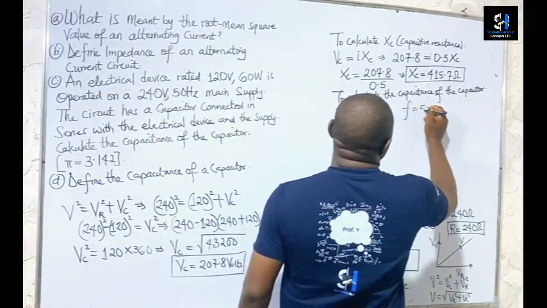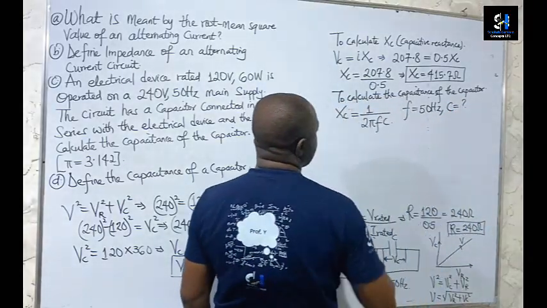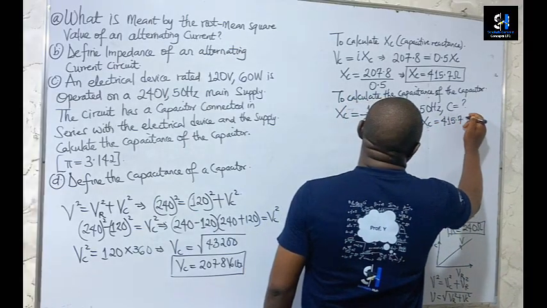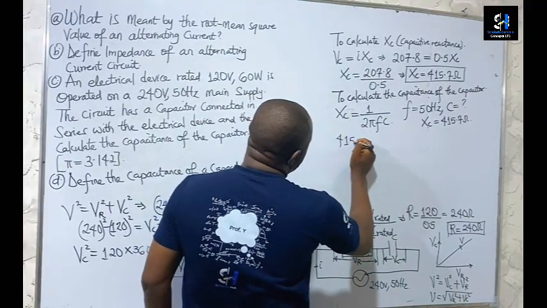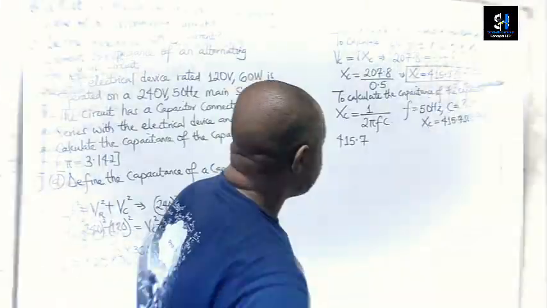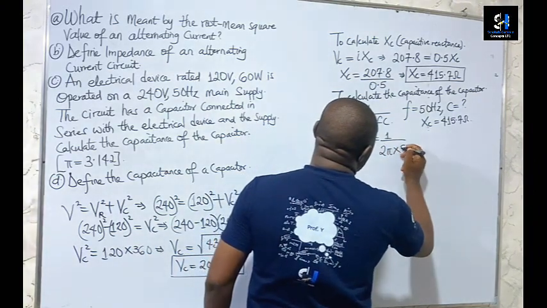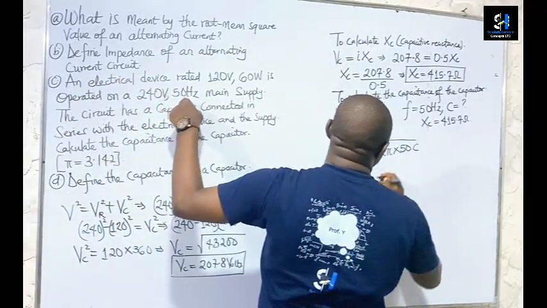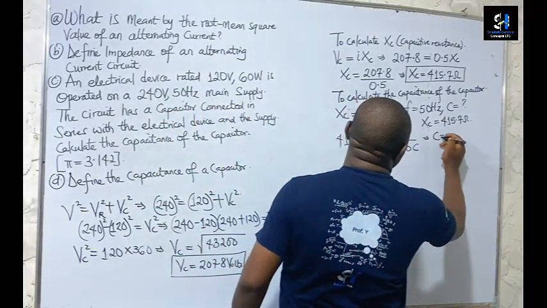We need the value of C. Then we have XC equal to 415.7 ohms. So I'll plug in the values here: 415.7 equals 1 over 2 pi multiplied by 50, because the frequency is 50, multiplied by C. Making C the subject of the formula, C will be equal to